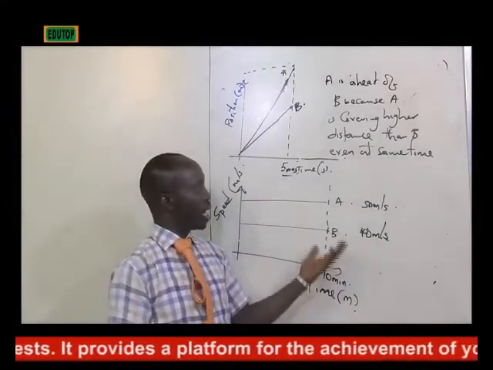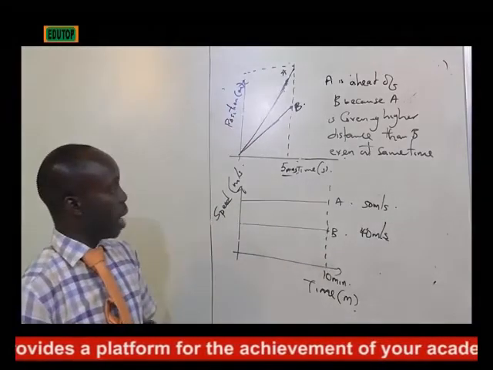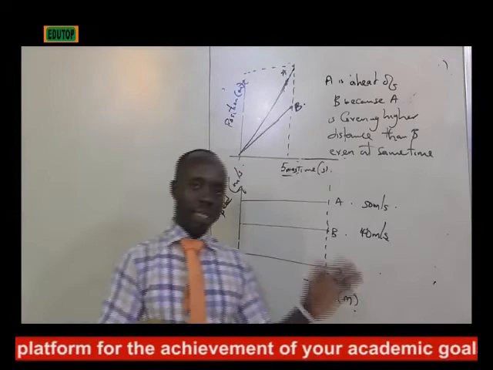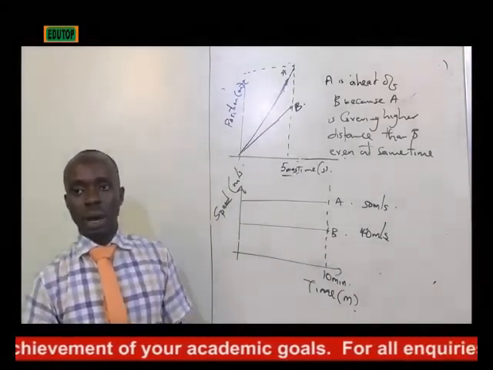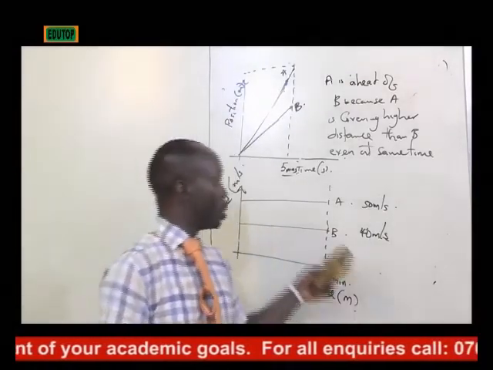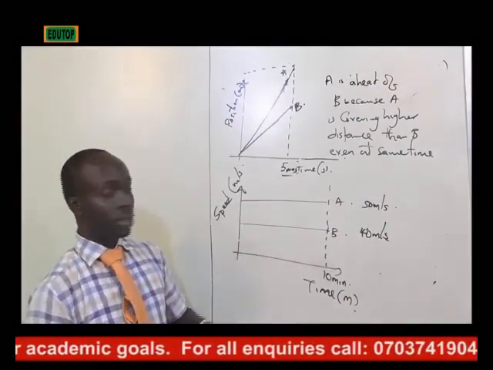So I hope that has broken down, giving us another idea as regards speed and time. Let's look at something else. Now the graph which has been drawn initially still says